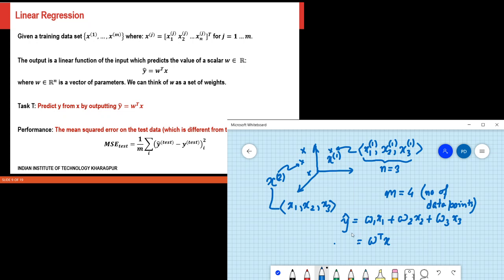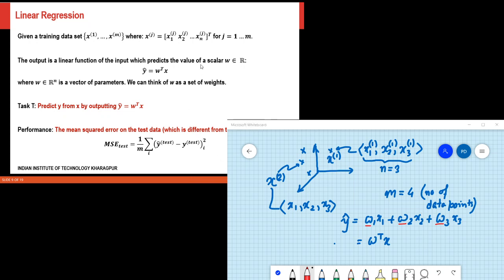Now essentially, in order to learn a function like this, what we need is to learn the values of these weights, the coefficients. This is linear regression. I can have polynomial regression. For example, I can have a quadratic regression where instead of just x1, x2, x3, I may have squares of those terms, etc. And essentially, based on the structure of the polynomial that I am trying to learn, the coefficients of the polynomial, in this case w1, w2, w3, are essentially the weights that I need to learn. So from the data, I will have to learn the values of these.